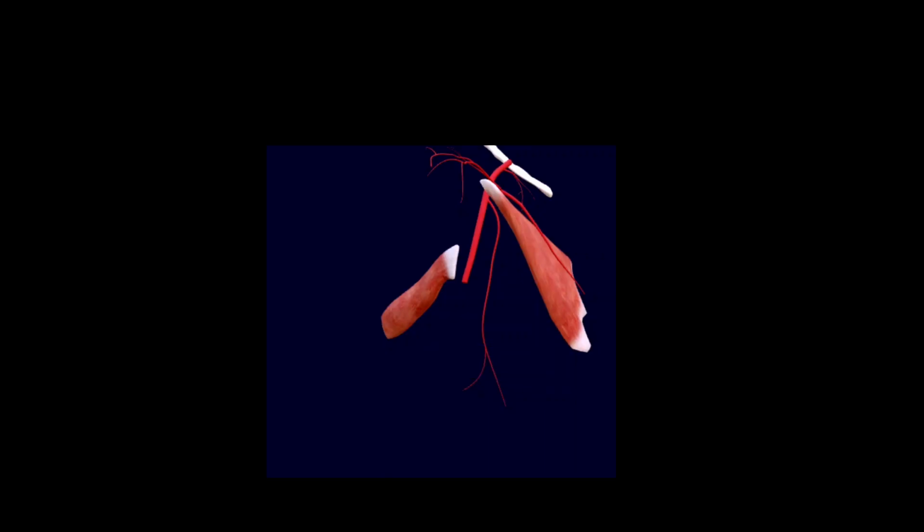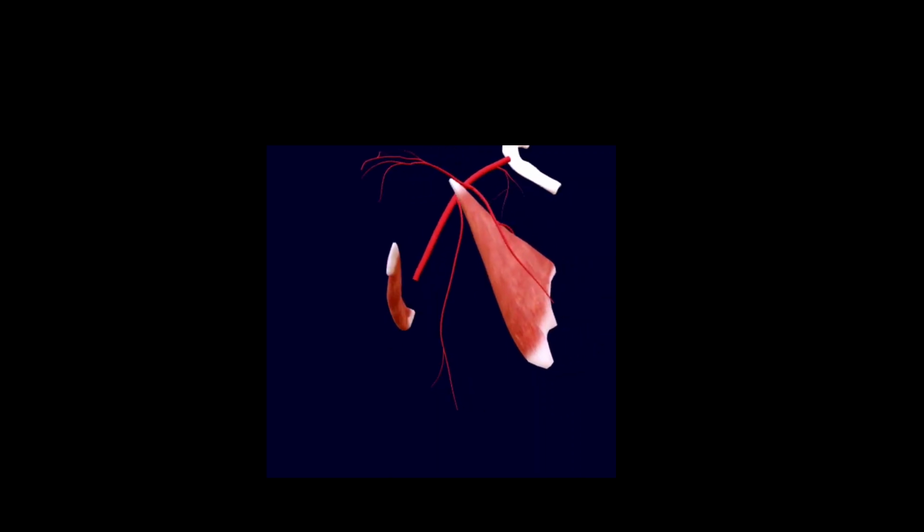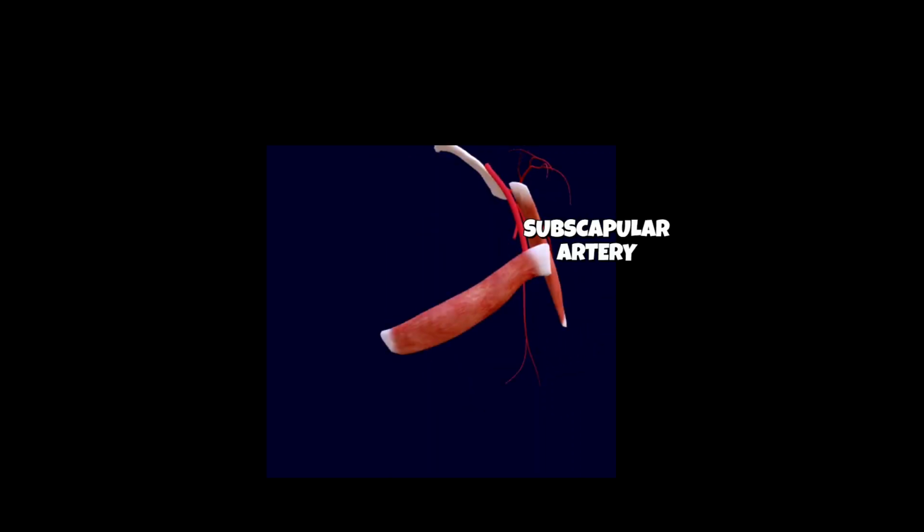Now, the third part of the axillary artery gives rise to the subscapular artery, the anterior circumflex humeral artery, as well as the posterior circumflex humeral artery. The subscapular artery is the largest branch of the entire axillary artery and the primary arterial supply to the posterior axillary wall. Now, this arises from the posterior surface of the third part and divides into its 2 major terminal